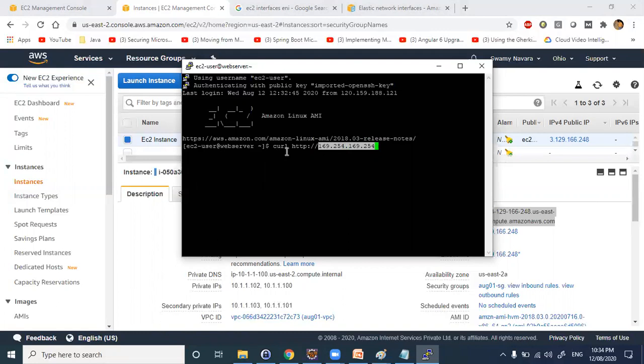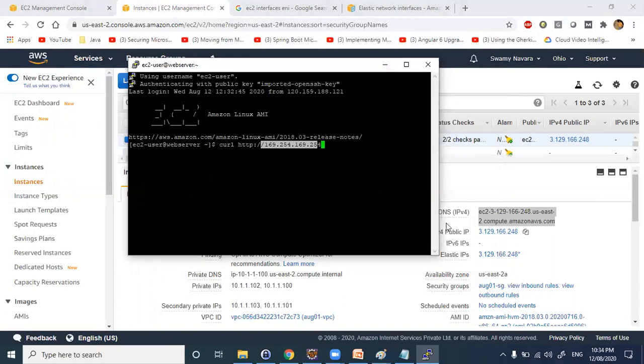Any host you are logging in to uses the same IP address, so don't get confused and give your public IP address here. Nothing will come if you give your public IP address. So try to hit this endpoint.